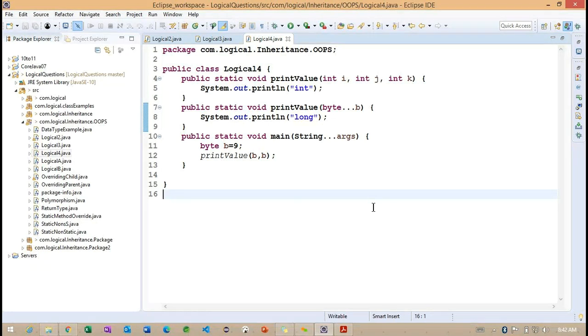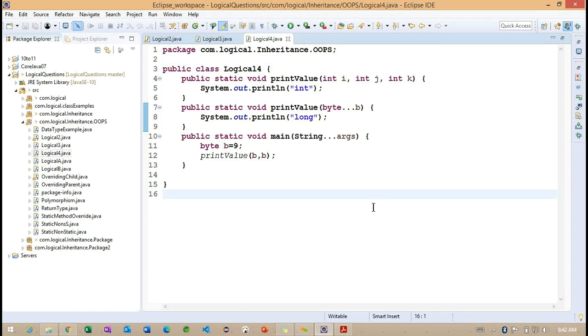So what is the next step? Sometimes in the previous example, if the char related data type is not available, it is going to check with the int data type, right? This is the nearest data type, int.